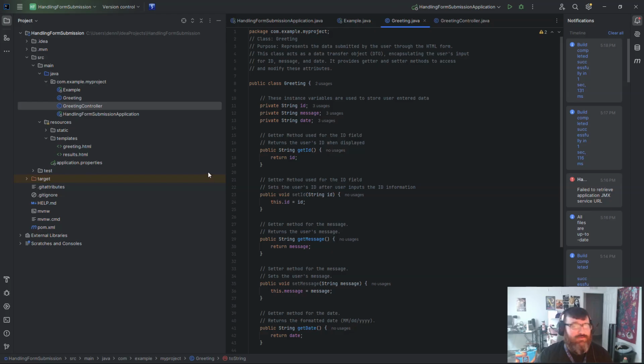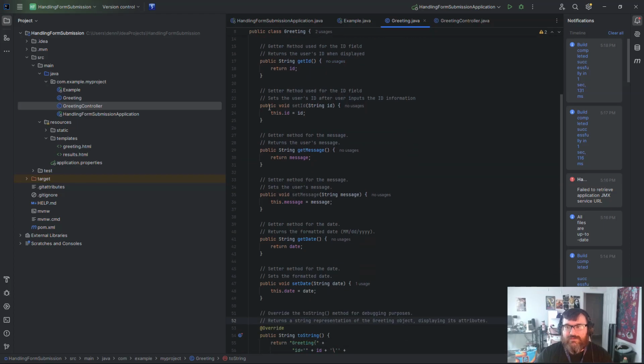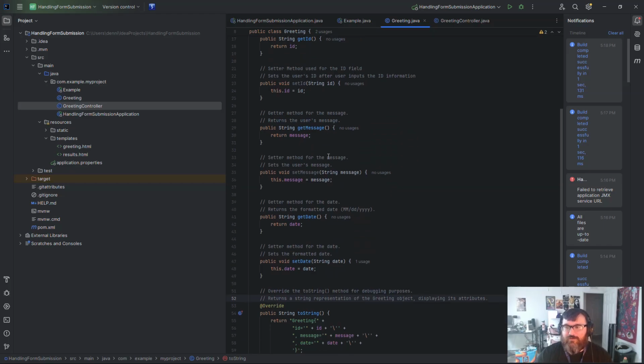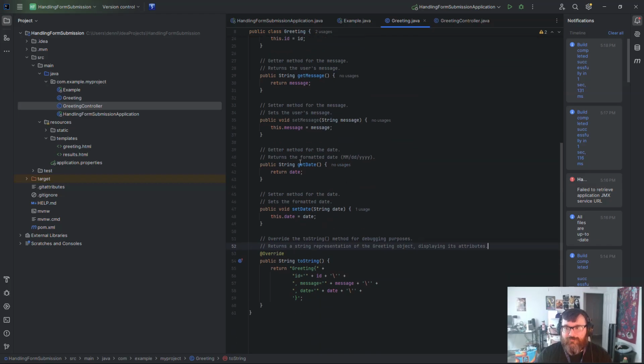As you can see here, for every getter, you're going to need a setter. So we have ID, message, date. These are our instance variables. So we are going to break them down, and we're going to have getters and setters for all of them. This is the getter for the ID field, get ID. This is the setter for the ID field, set ID. This is the getter for the user's message, get message, set message for the setter, get date for the date, set date for the date, and then this is an override